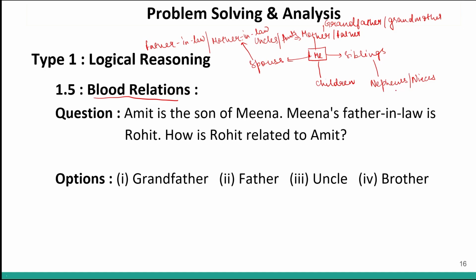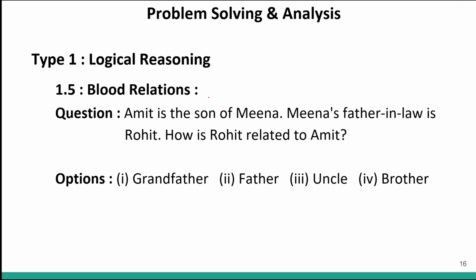Correct? So, this is overall a small idea for blood relations. This is how you draw blood relation charts. Now, certain things that you should remember while solving questions on blood relations. The first thing is, do not assume the gender. You have to solve the question. Do not assume gender ever. Meena can be a male in your question. Devi can be a male. Devanshu can be a female. So, until and unless you solve the entire question, you do not assume gender. This is very important while solving questions for blood relations.